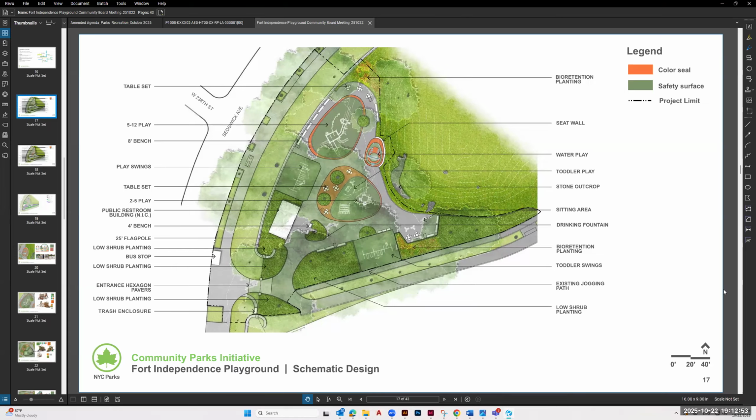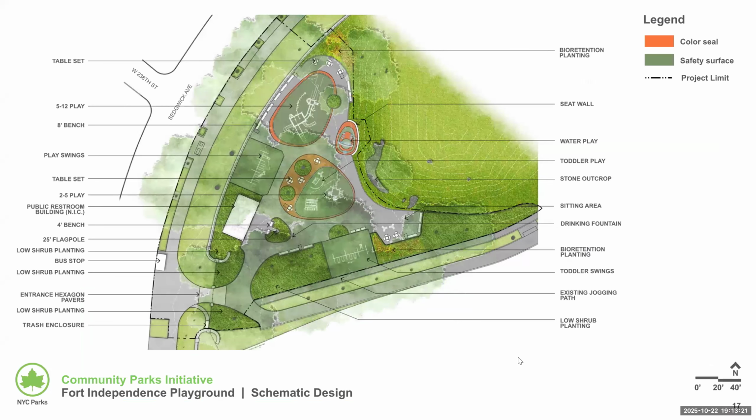Xiaoying has the cursor control, so I'm going to have to talk about things, and she's going to have to figure out where I'm discussing it. But what I've been told is to just concentrate on the comments that we received in the last meeting, and to point out to you how we've addressed and responded to those comments and incorporated them into this new revised schematic plan that you're seeing here. So I will start with comments that aren't necessarily in the order you gave them, but as we've written them down. One comment was, it was a